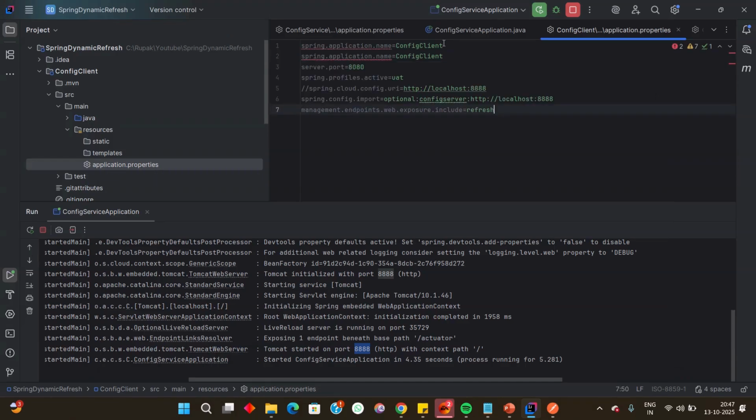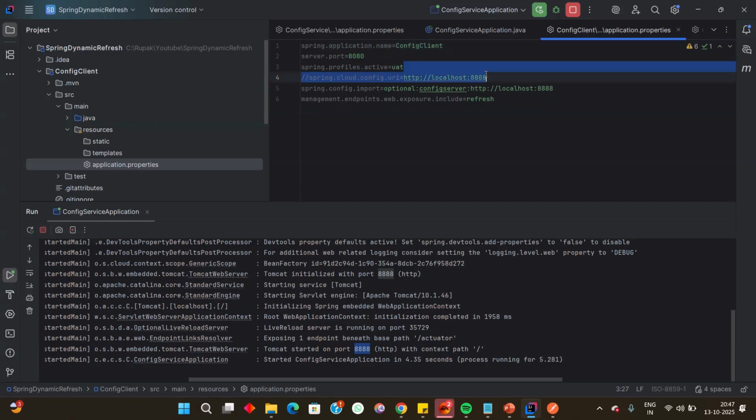So this one and this one as well. And let's make the first pointed to the dev profile. So it will run the service name, which would be config client only, and